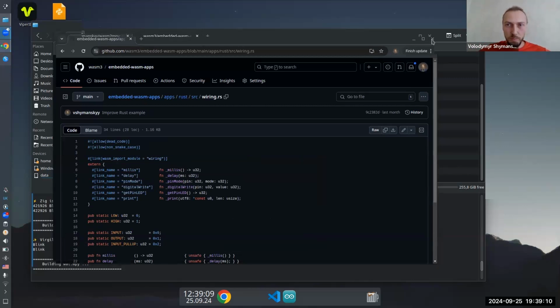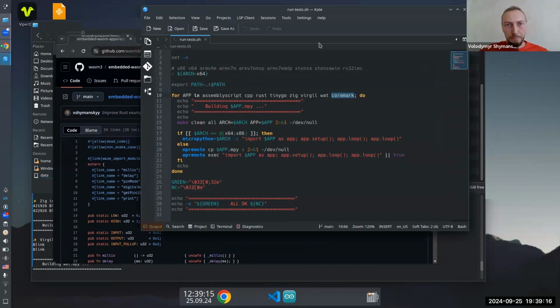Could you show again this test script, the loop where you run all the tests? Yep. So here on line 18, you import the module. When you run this loop twice, a test wouldn't be updated because it's the same module.